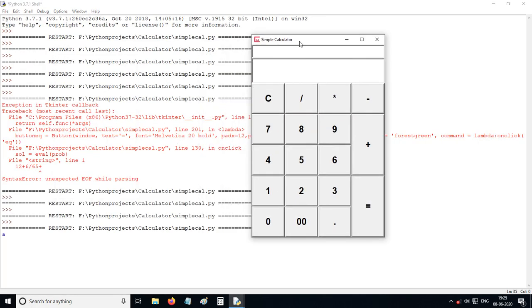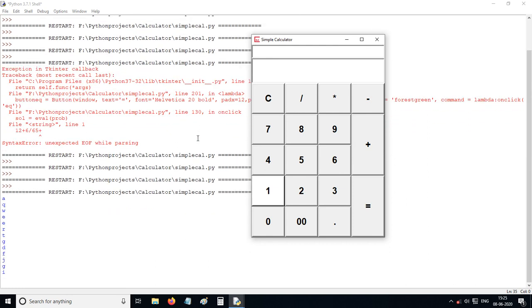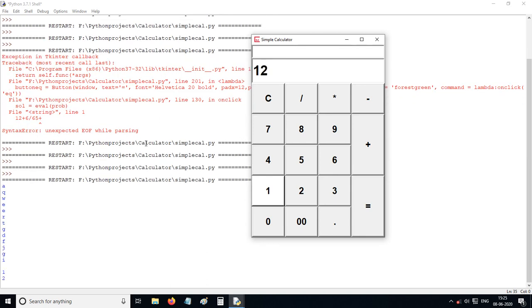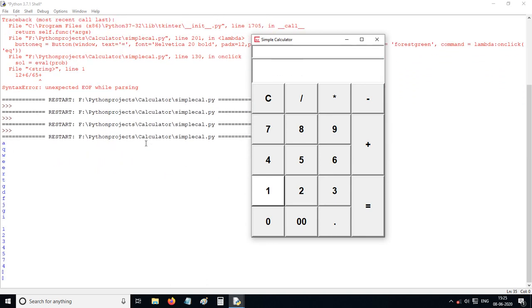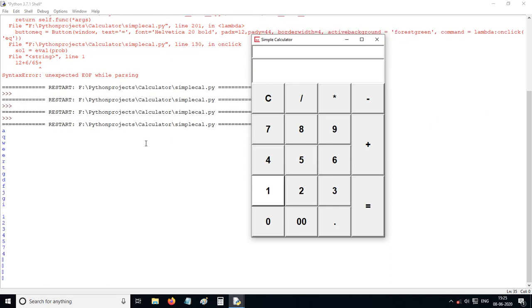It will print any letters, but it will not affect our program. If we press the space bar, it will show nothing, but it has to show some code. If you press 1, 2 numbers, it will work.